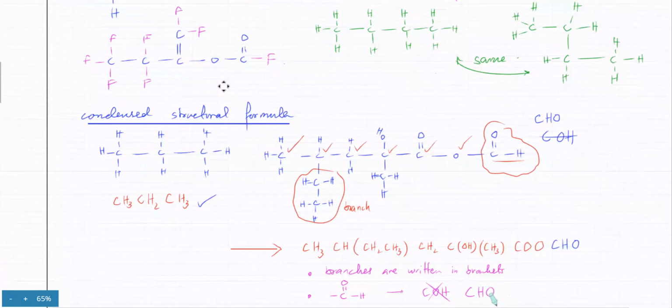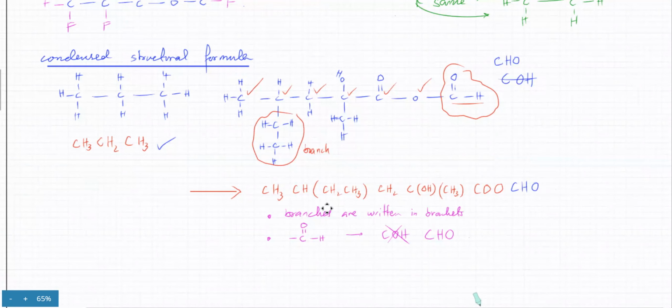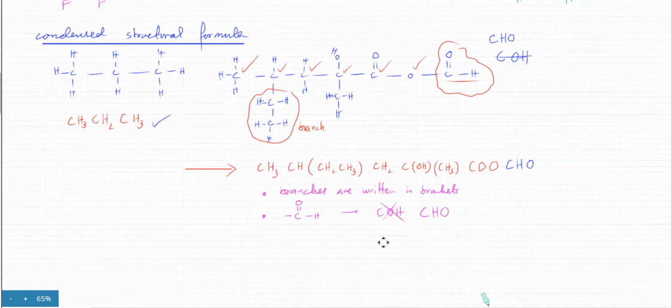about structural formulas was that there was another version, which was your condensed formulas. We did an example of a condensed formula: a structural formula can be represented in two ways. You can either show all the bonds, or you can condense it. You can just show what atoms are bonded to carbons. You just go from left to right. The first carbon has three hydrogens, so that's CH3. The second one has one hydrogen, so that's CH.